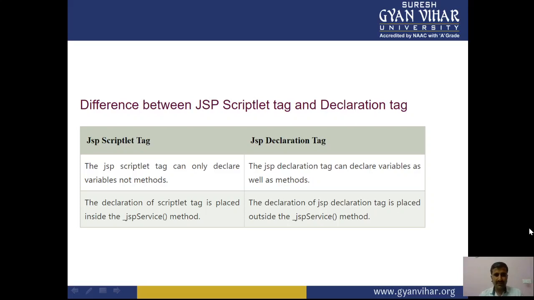The declaration of a scriptlet tag is placed inside the JSP service method, but in the case of the JSP declaration tag, the declaration is placed outside the JSP service method.